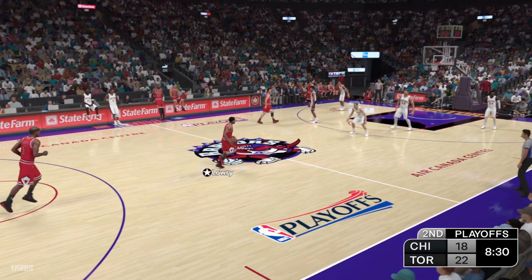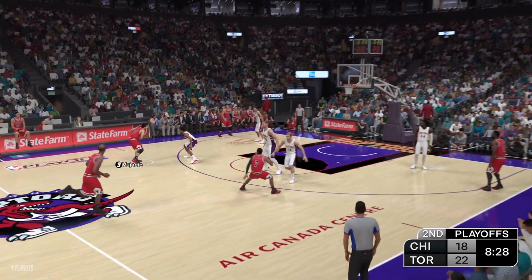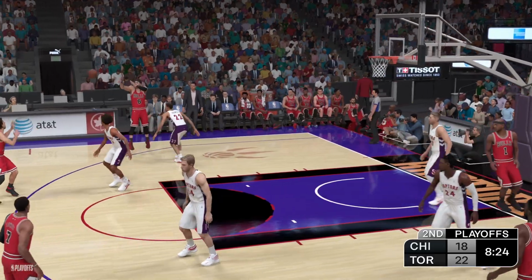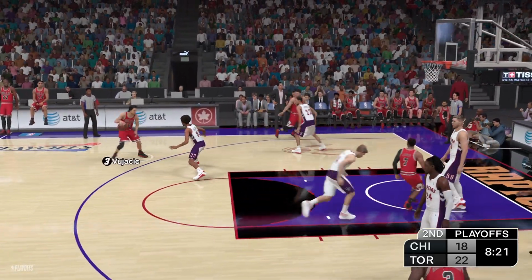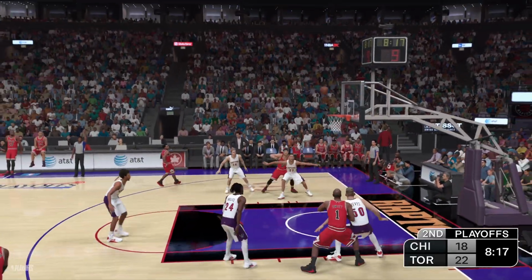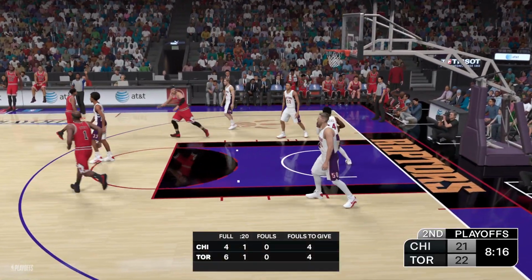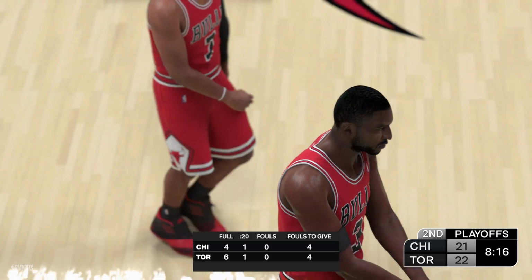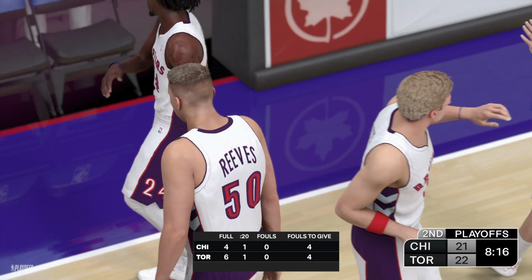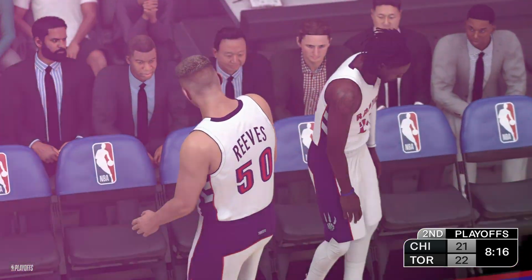Bulls trail by 4. They could use a big shot here to get this offense going. Too many empty possessions. Right now, they need a basket. Outside Lowry. Three-pointer. And the three ball is good. Lowry's got 9. Pick works well there. Not much resistance from the D. Yeah, that's not the defense you need. You got to be tougher defensively.